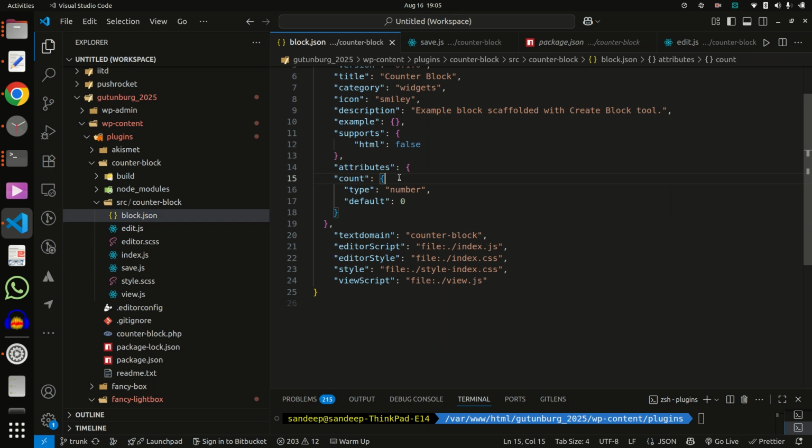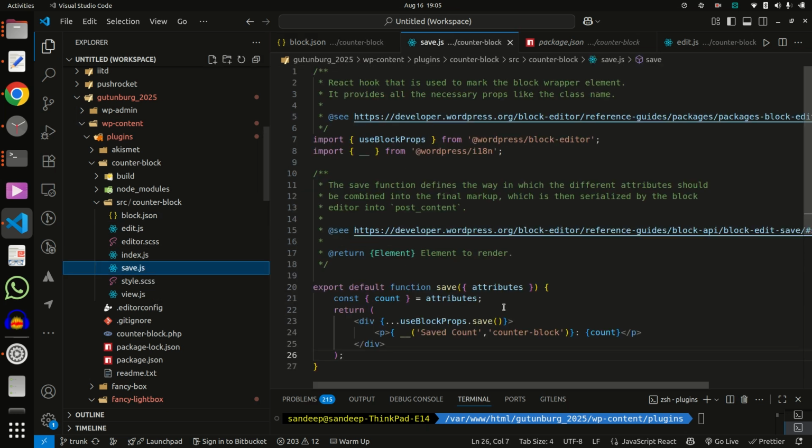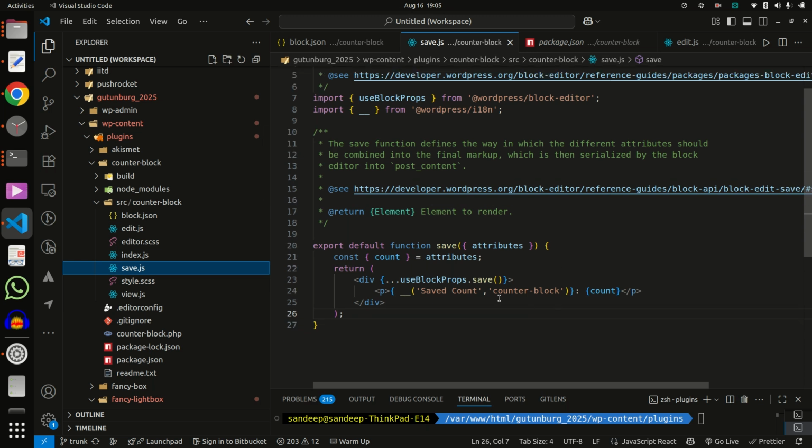It is mandatory because every place we use this attribute count, and in the save function we also use this attribute, and inside we are showing the count.